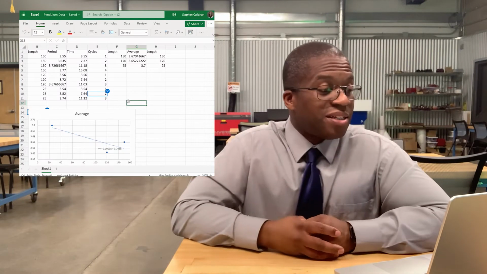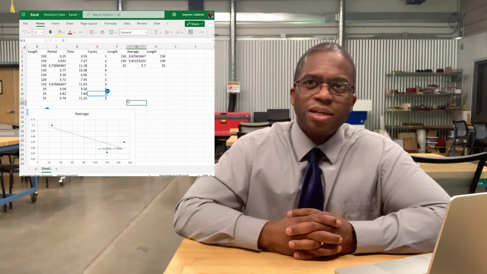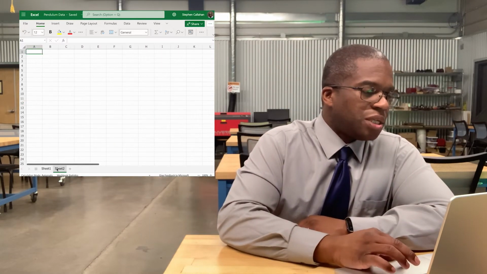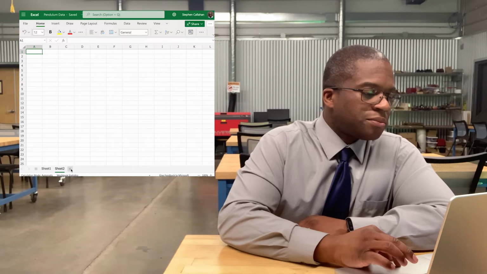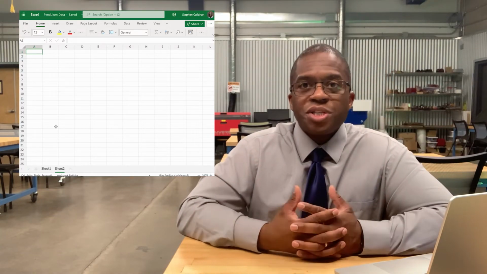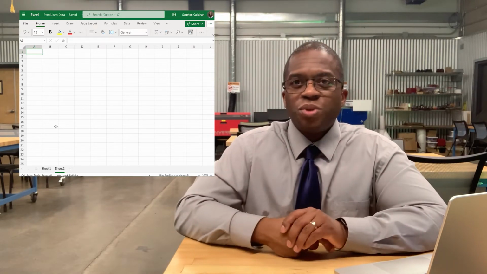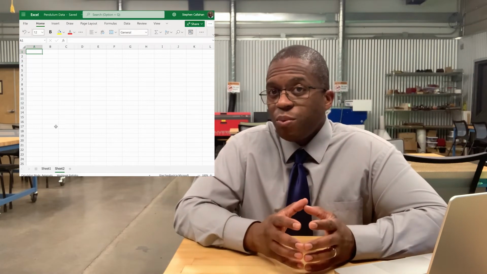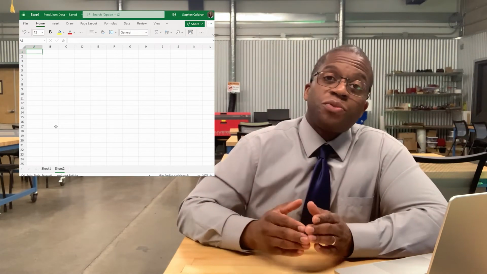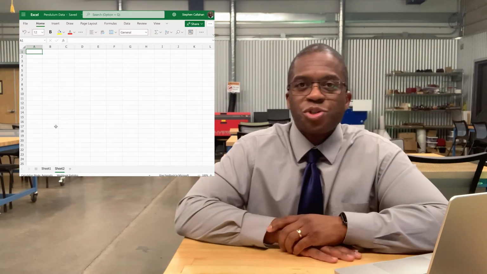This is a data set from a different experiment. So I'm just going to go ahead and make a new sheet here. I do want to point out I'm using the web version of Excel. Part of why I'm doing that is so that I know it should be about the same experience possible for everyone. There are different versions of Excel depending on which machine you're using. So rather than using my desktop version, I wanted us to use the web version. Okay, so